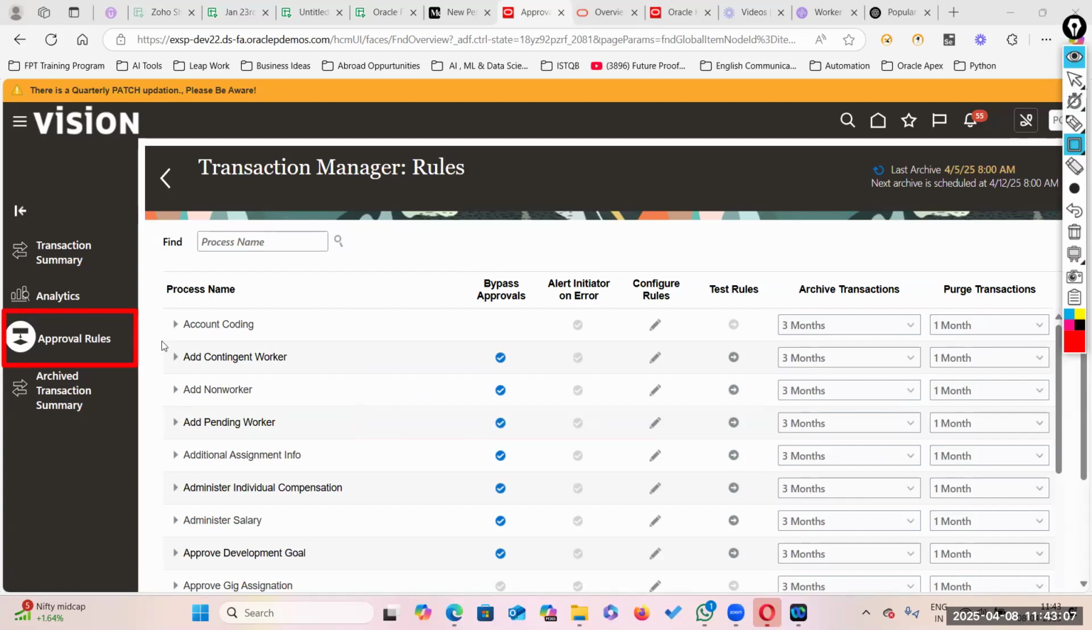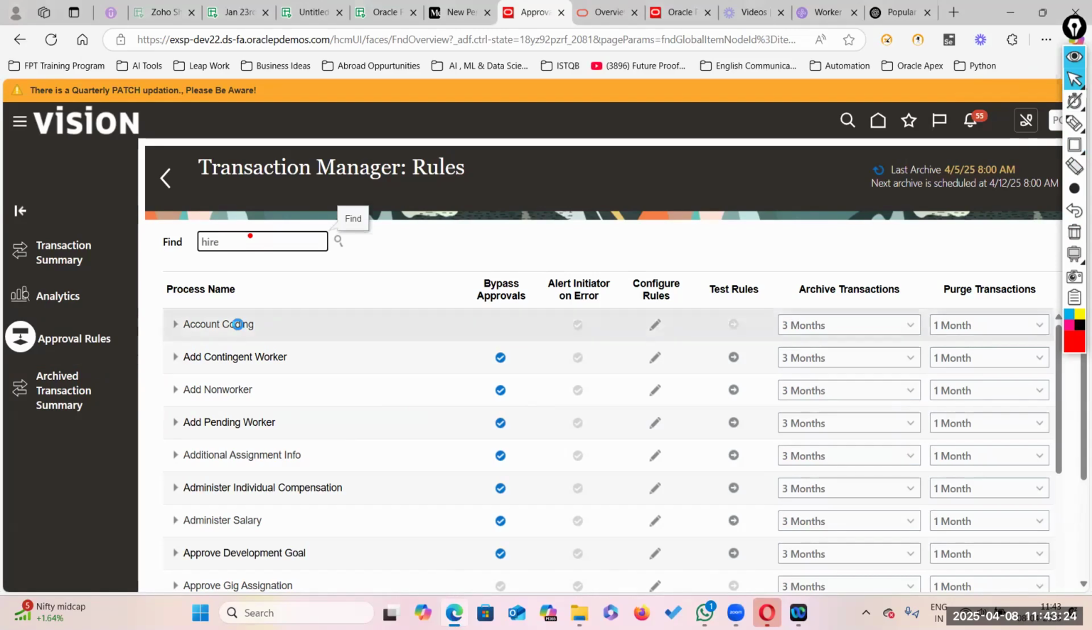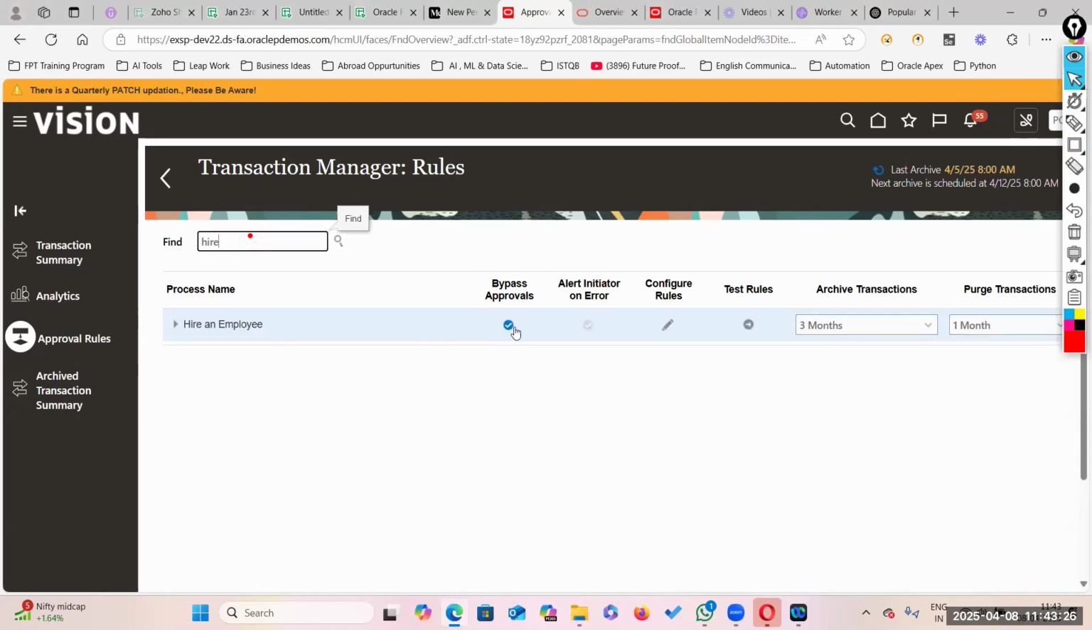This is the most important thing. If you don't follow this one, we cannot complete the transactions. Okay. And once you are done with these three, what is the fourth one? Hire an employee. For this hire an employee also, you have to bypass the approvals. Now we will go and check